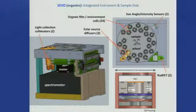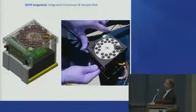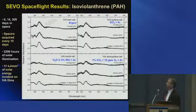There are some engineering diagrams showing you how everything fits together, again in this 10-centimeter cube, and one of the sample cells, and a photograph of the unit being tested on the ground before going into space. And now some spaceflight results. So this is for isoviolanthrene,